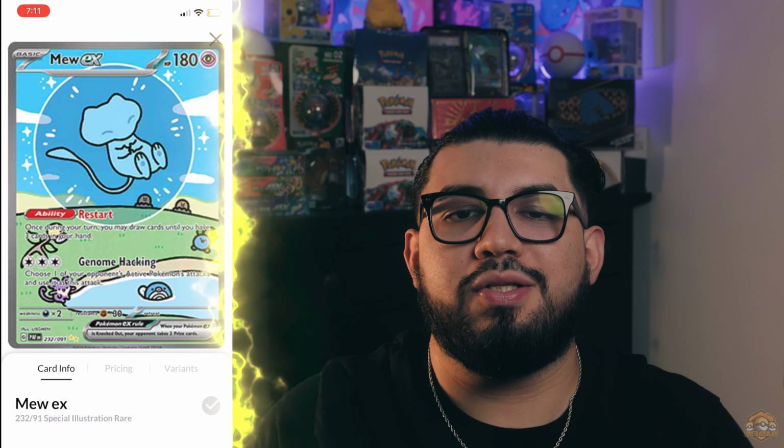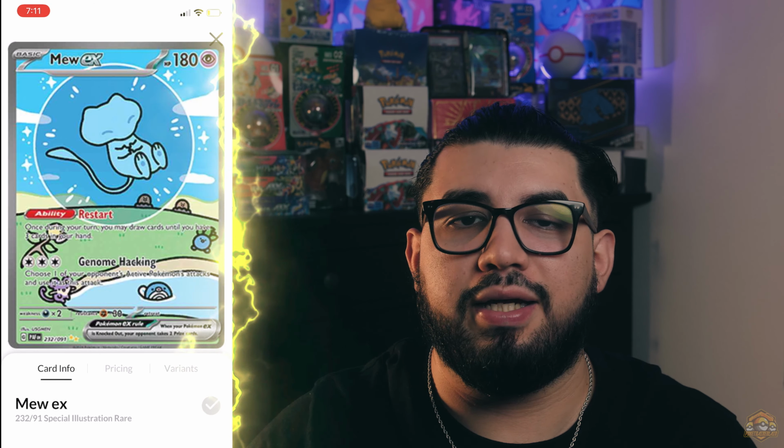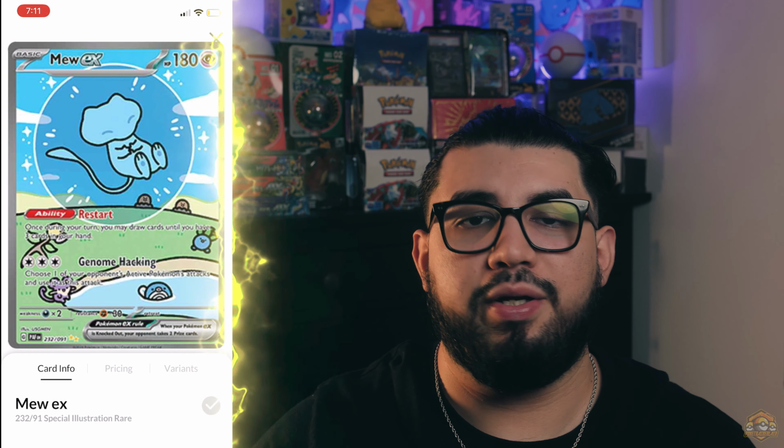I mean, why wouldn't you want this card in your collection? Especially if you're a Mew collector. Mew illustration rare. We don't get many shiny Mew cards. I think the last big one was out of Celebrations, the full art gold card. And we also have a full art version in this set, but definitely not as good as this one, the